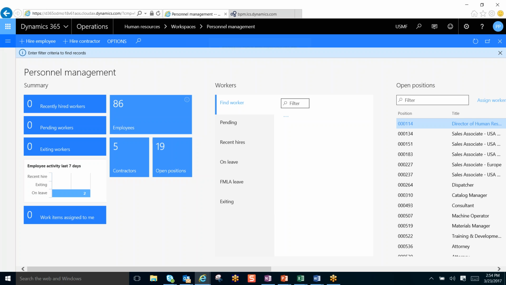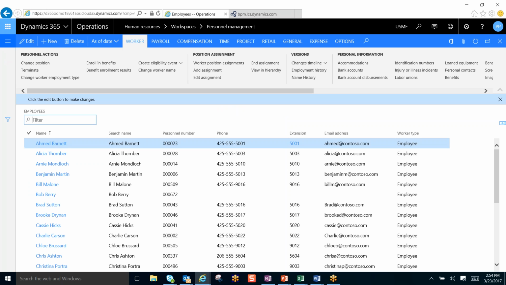I can look at an overall list of all my employees at this point. And obviously this is based on my security permissions set as a system administrator, so I can see everything. But typically you'd have to be part of the human resources team to even see this level of detail. So I have a global list here of all of my different employees and lots of different things that I